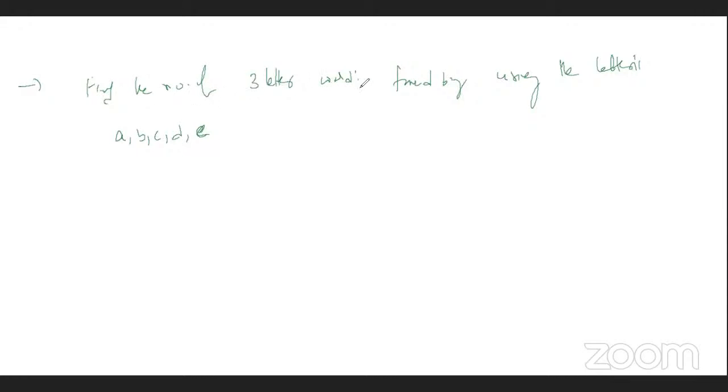Find the number of 3-letter words formed by using the letters of the word A, B, C, D, E,